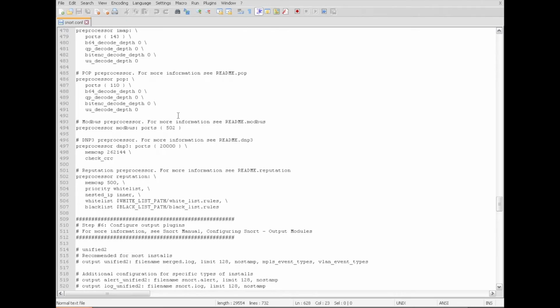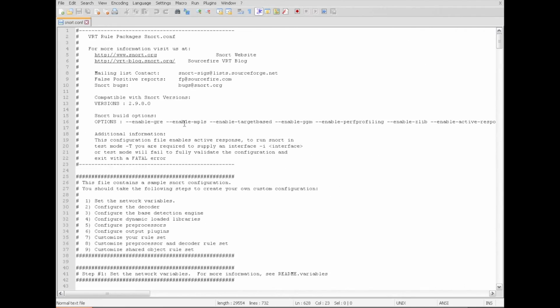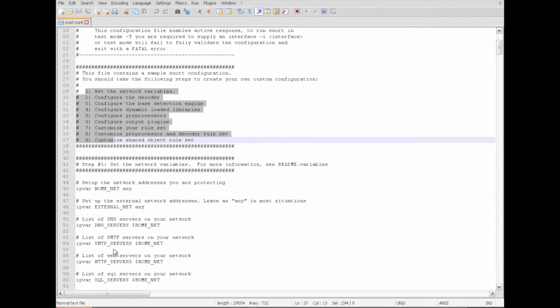So in here it says what version we're using and how many steps we have here. There are 9 steps. After you edit everything, make sure you save this file so the changes apply. So on step 1, you need to change your home network from any to your